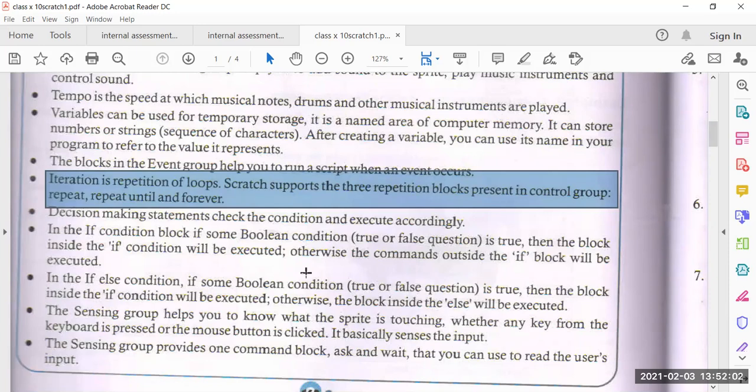So we can say there are 3 types of loops. First, repeat. Second, repeat until, and third, forever. All 3 are loops. All 3 perform repetitive tasks.